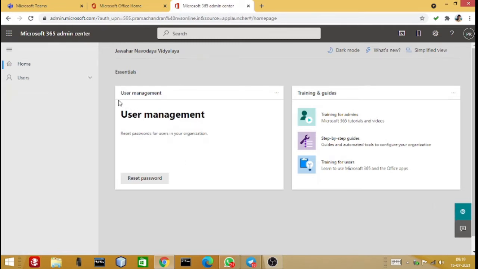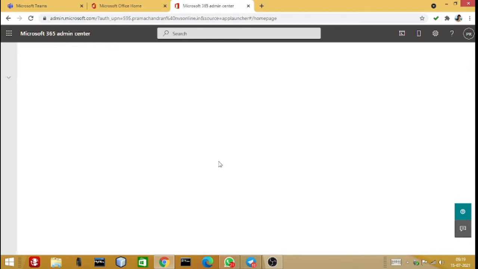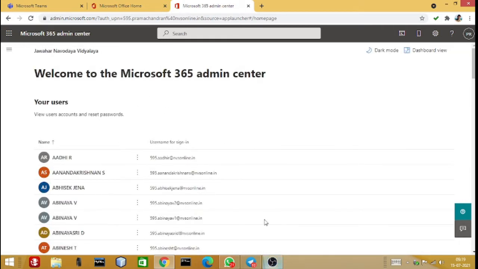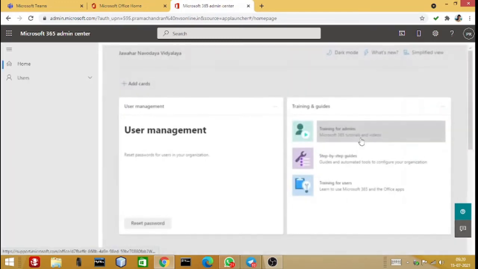So now you can see we have reached the Microsoft 365 admin center. You may not get this type of view. You can click on this option, simplified view, which is available by default for all. I have just changed to dashboard view.